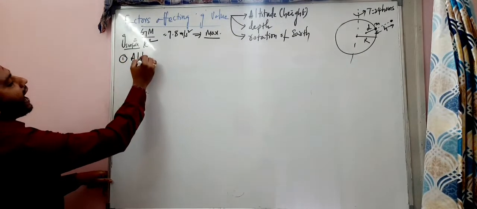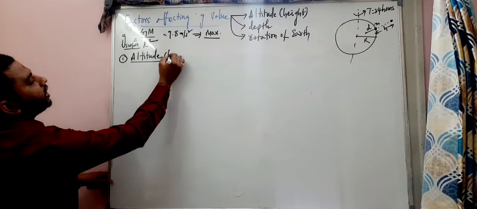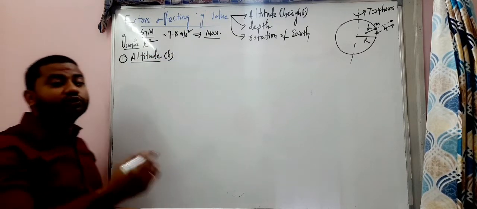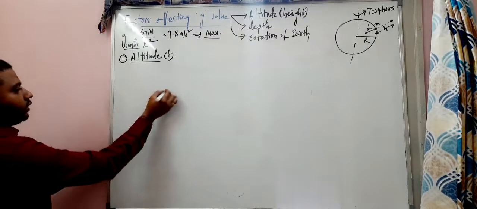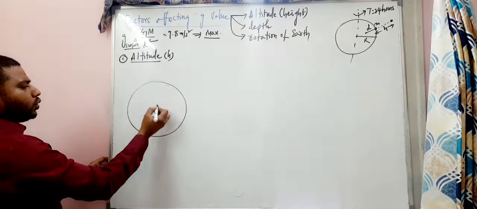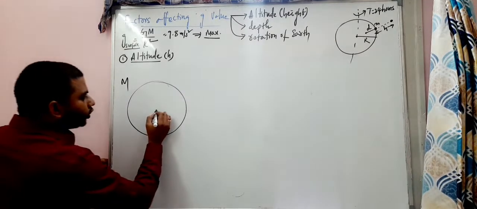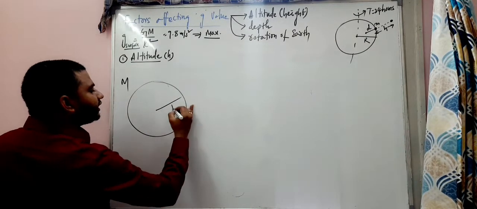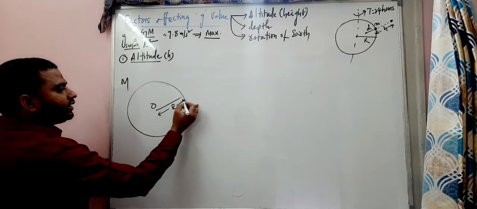It's called altitude, my dear students. What is it called? Altitude. Assume that the symbol is h. Right? Let's begin. So this is the planet. Let's suppose Earth only, whose mass is capital M, the mass of the planet. And you know the radius of the planet is R, from the center.